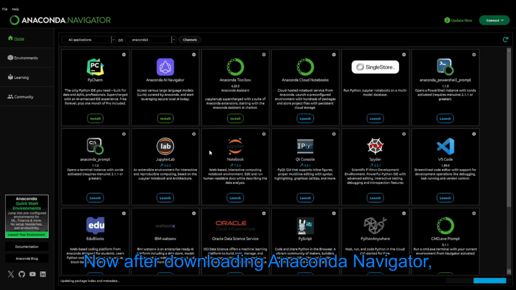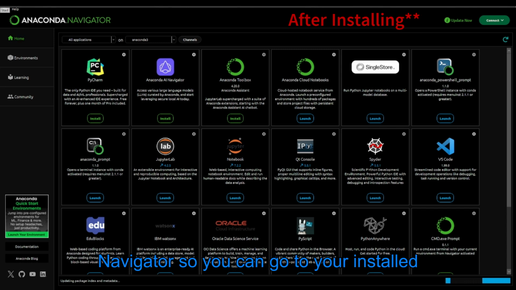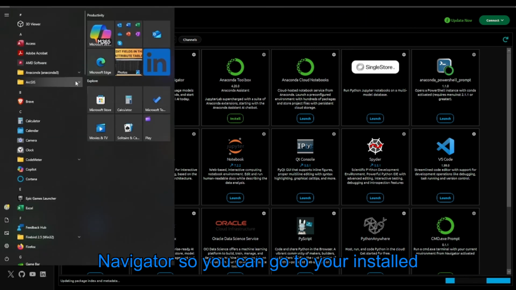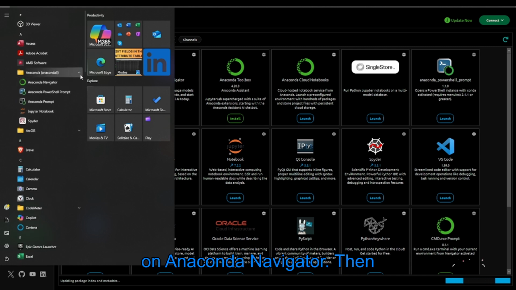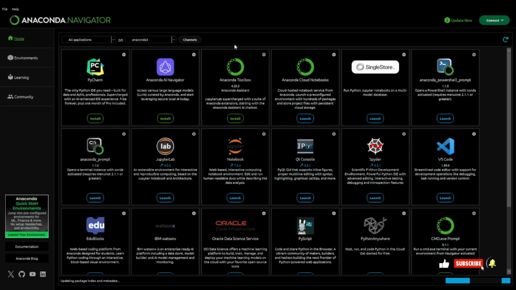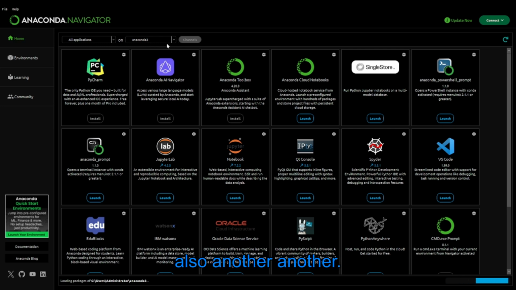Now after downloading Anaconda Navigator, you need to launch it. So you can go to your installed applications. Under Anaconda, you click on Anaconda Navigator, then you will see this Anaconda GUI, where you are supposed to either install some applications or create your environment. By default you have Anaconda 3, and I'm sure there is also another